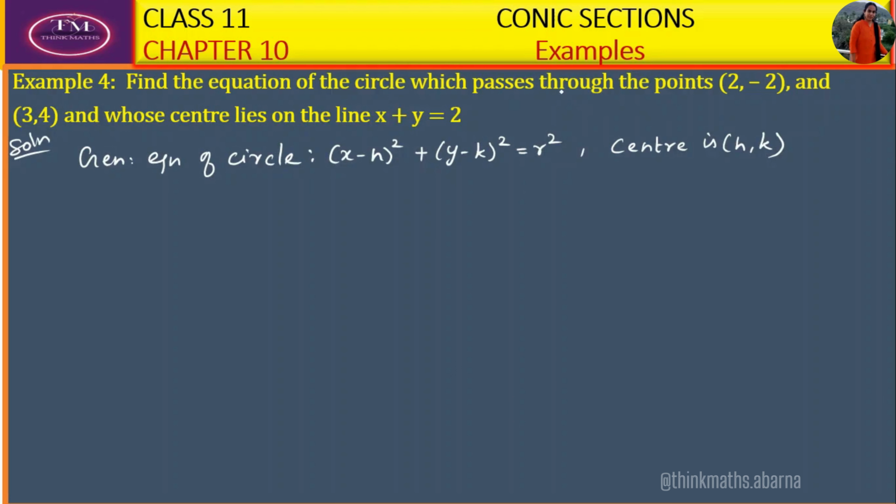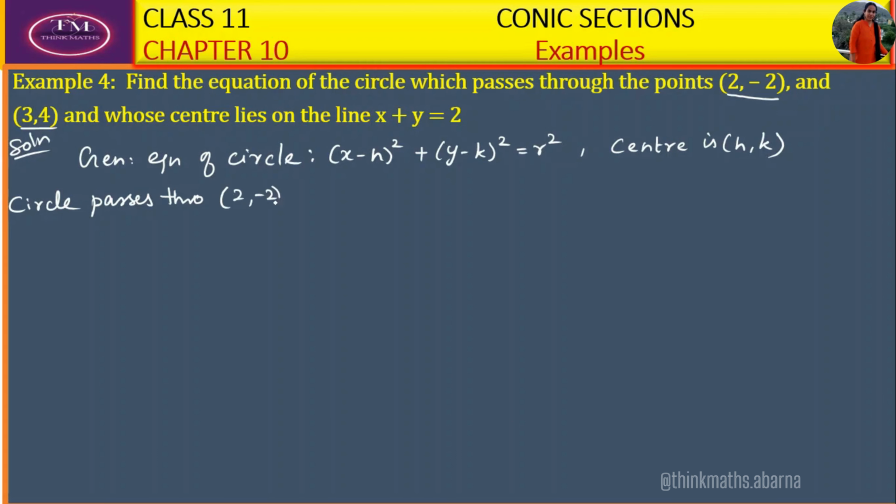So this circle is passing through the points 2 comma minus 2 and 3 comma 4. That means we have x comma y values. As it passes through, x comma y values are 2 comma minus 2 and 3 comma 4. So we have to substitute those values in this equation. Okay. So the circle passes through